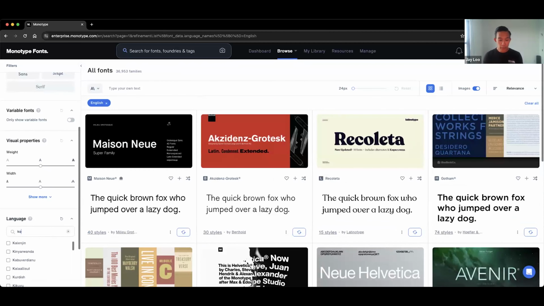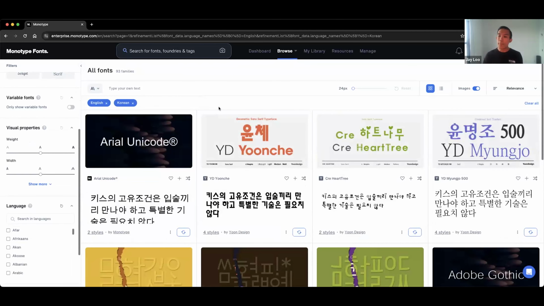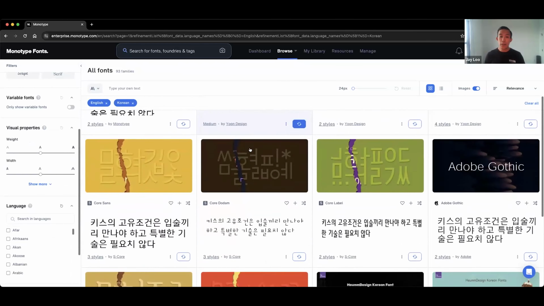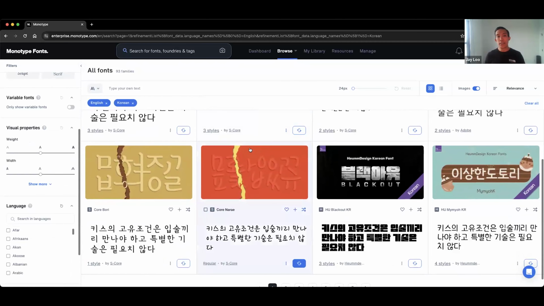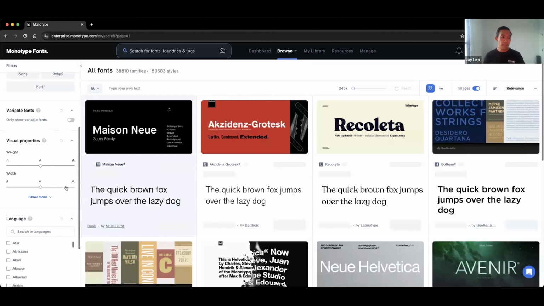And then I will also select another language. In this case, I will select Korean. Now, by placing both languages into the filter, it shows all the fonts in the inventory that support both languages. Thereby, regardless of region or language, you're at least consistent with the typeface and the look and feel that you're looking for. If I clear that out,